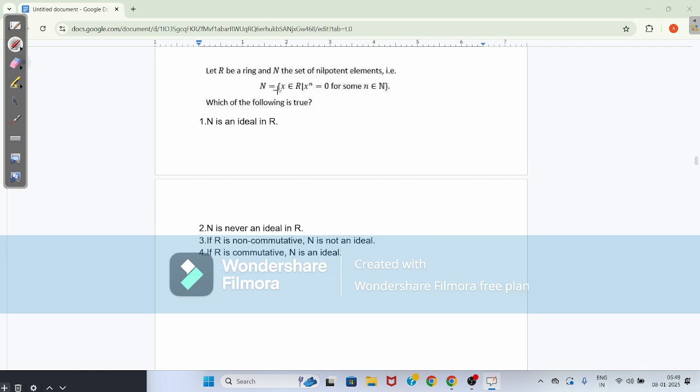So 5 of, now given R is a ring, n is the set of nilpotent elements, so x power n, this implication formula holds for nilpotent. Okay, so when this condition is satisfied, n is an ideal, but this is not always true. This value is not always true here. It is never true? No, sometimes it can be true here.